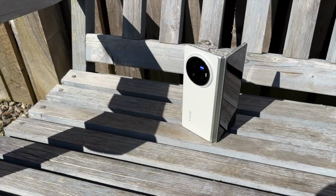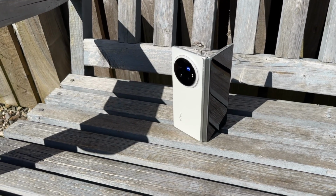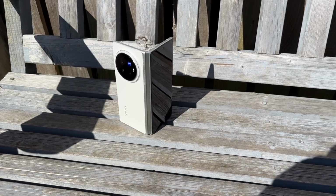Now on the rear, you have, like another phone close by, a circular camera cutout on the back. And this houses some of the best, if not the best lenses on a foldable device. Yes, the X Fold 3 Pro certainly lives up to the Pro moniker in my first 24 hours of using